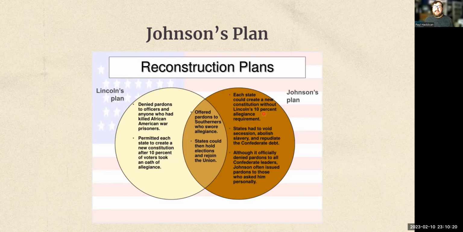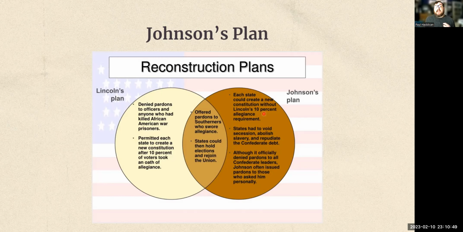So under Lincoln's plan, where we maybe had a better feeling about the people writing the new Constitution, under Johnson's plan, there's no guarantee. And in practice, it works out exactly as you would think. The people who were in power under the Confederacy want to get power again. And so there's not much change that happens at the state and local level once Johnson's plan gets put into